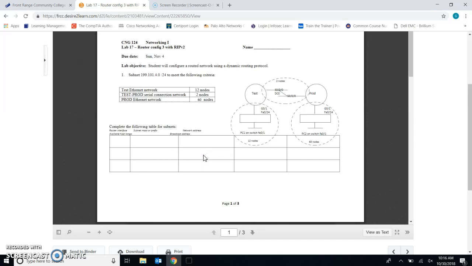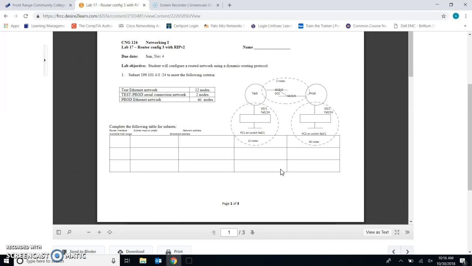The next one's going to be 12, so it has to have 16 total usable addresses. We start at 64, and then we count 16 more. That gives us 80, and that's where this one starts. But then I need to go back and fill in the network range and the broadcast addresses, and just getting that information down first